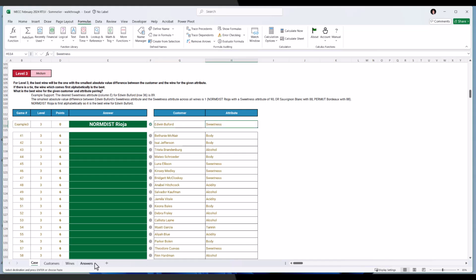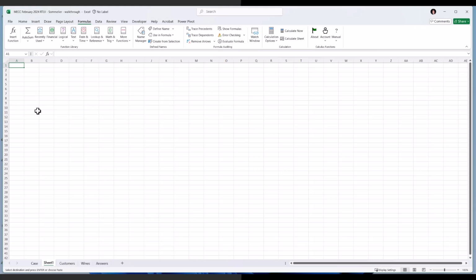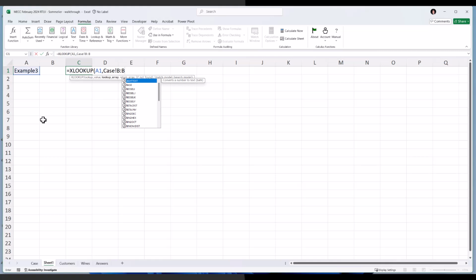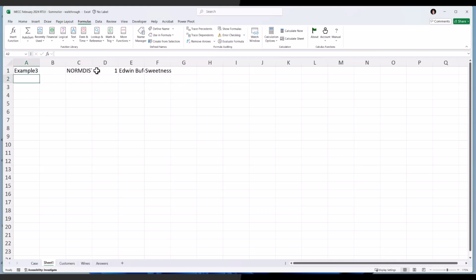So I'm going to open up a new worksheet. And this would be, I'm on example 3. And XLOOKUP that in the case tab. It's in the B column, and return from the case tab. Okay, I want to see what the answer is. I think that's in column E, I believe. And all possible data goes through H. Yes. Okay, so here's my answer